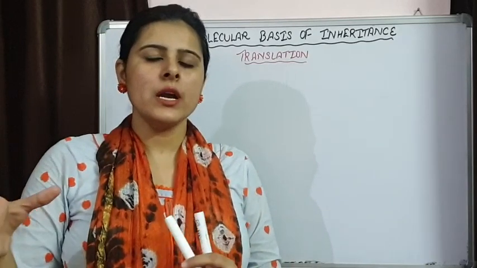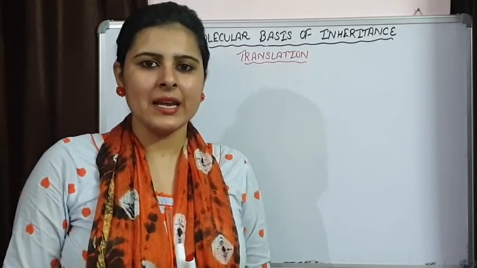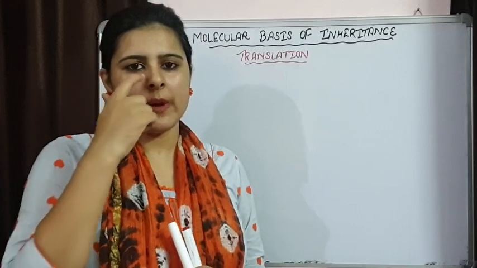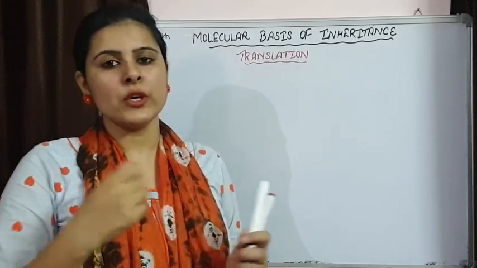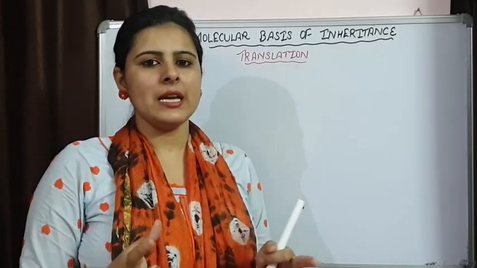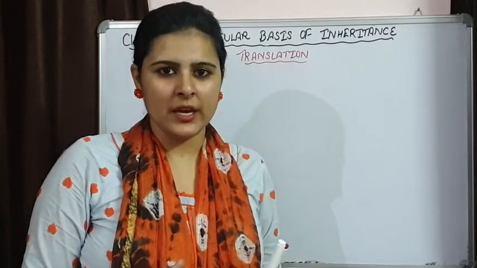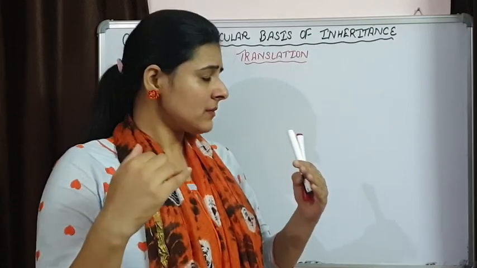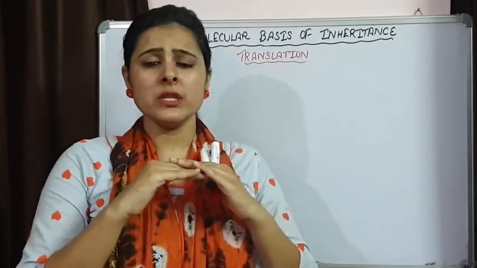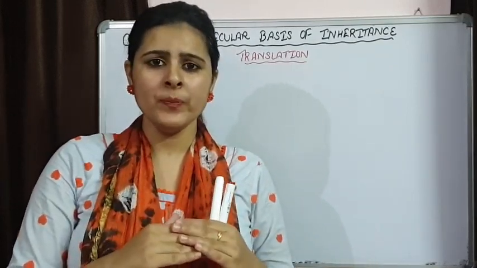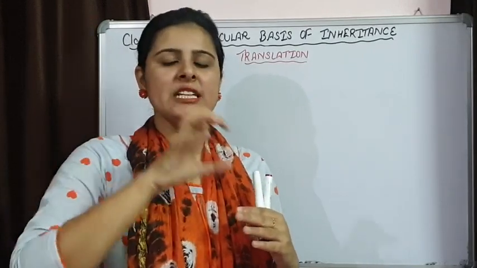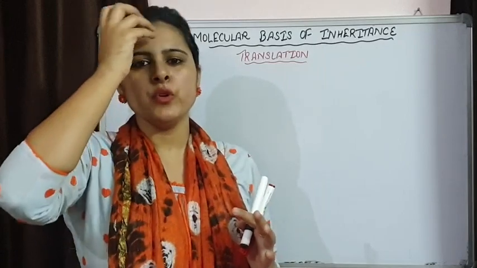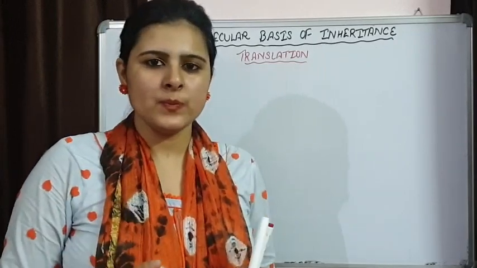Now the second step is that this activated amino acid is going to combine with a specific tRNA, and this is known as charging of tRNA. When an activated amino acid binds to a tRNA, the tRNA becomes a charged tRNA. Now the third step was when mRNA combines with the smaller subunit of the ribosome, the larger subunit and the initiator tRNA are going to bind. That means ribosome activation takes place.